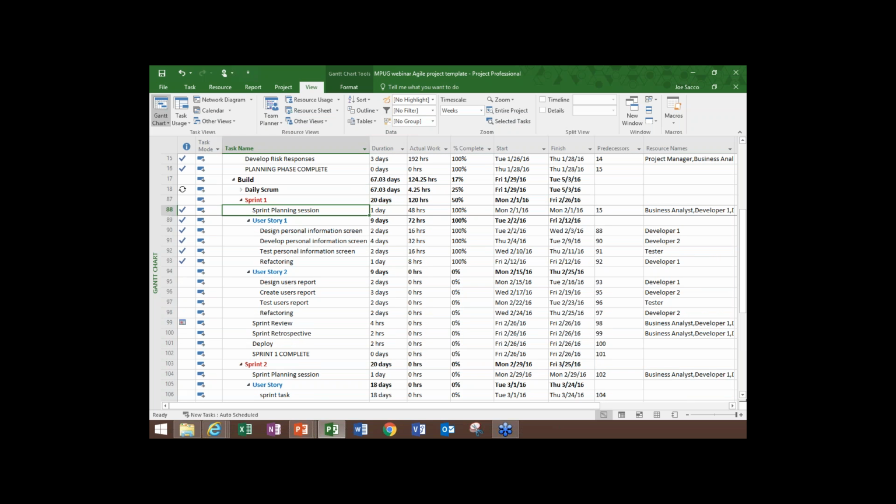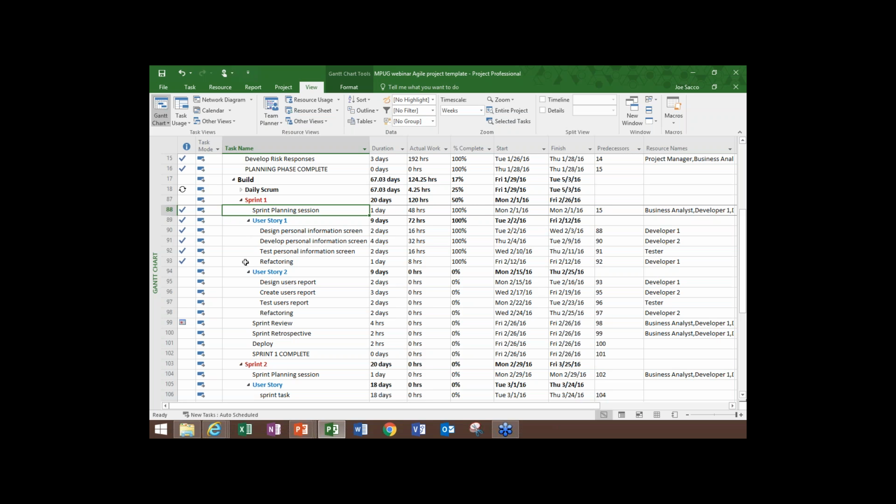It starts with classic Scrum ceremonies like the sprint planning session, and then we decided as a team we were going to do user story 1 and user story 2. So we broke that down into various tasks that fit within our 20 days. One of the things that I wanted to mention is during the sprint planning session, those of you that use Scrum know that you spend part of that planning session selecting the items that you think your team can accomplish, and then the rest of that breaking those down and estimating them. And maybe you're using story points, but then you could convert that into hours and days for Microsoft Project. So that's what we've done here.